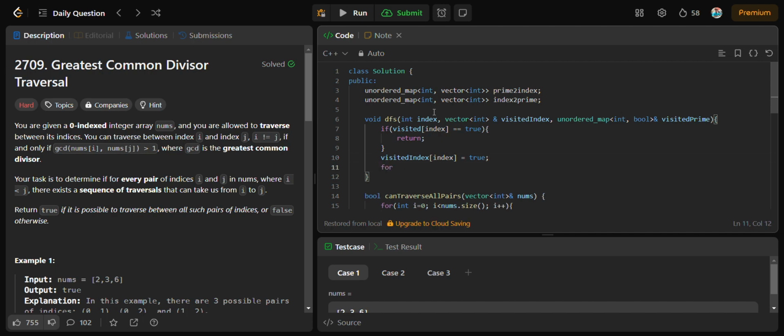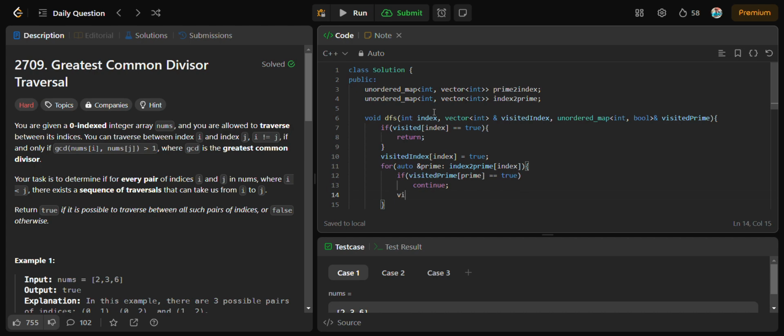And then we will use a for loop for iterating, using auto ampersand prime in index to prime. We are calling index to prime for iterating through it of index. And what we will do here, we will check if visited of prime is equal to true or not, and if it is true, then we will simply continue. Else we will do what? We will update this visited prime value to true,